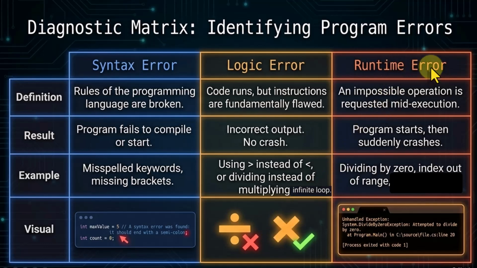Then after that, we have runtime errors. Runtime errors: simply an impossible operation is requested mid execution. So what happens? Program starts, but then when an impossible operation is requested, it will suddenly crash. Examples for that is dividing by 0. See, that is an impossible operation. Or index out of range. The highest index in an array that you have is 5, but you are looking for index